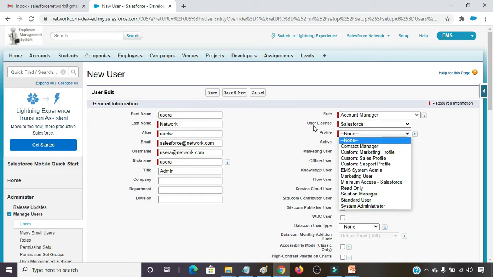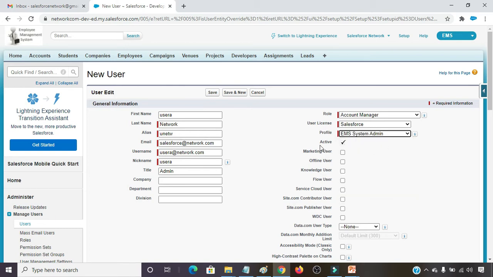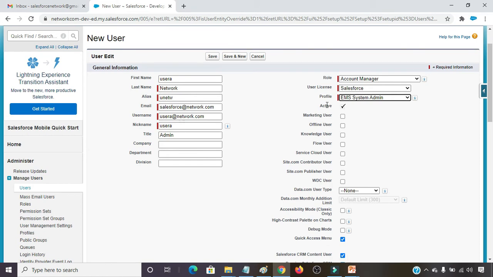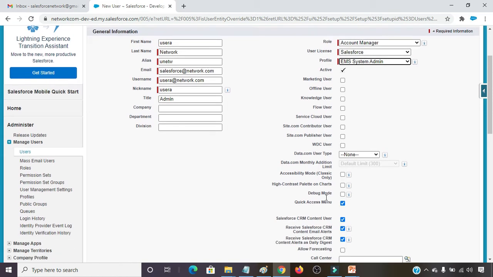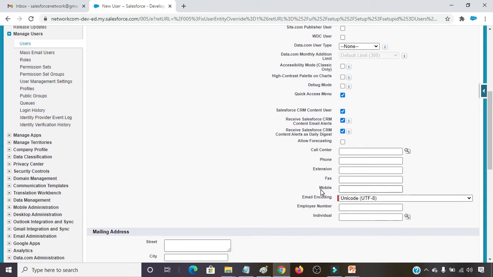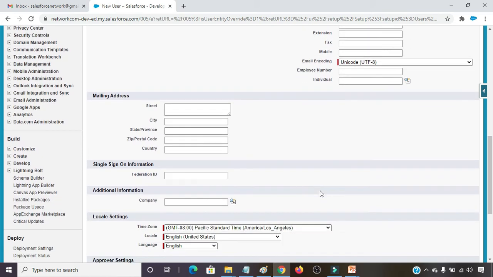Here I am going with user license Salesforce, and I am taking the profile EMS, employee management system admin, which we created in our previous session. Active is already checked, and marketing user and the remaining things I am just leaving.